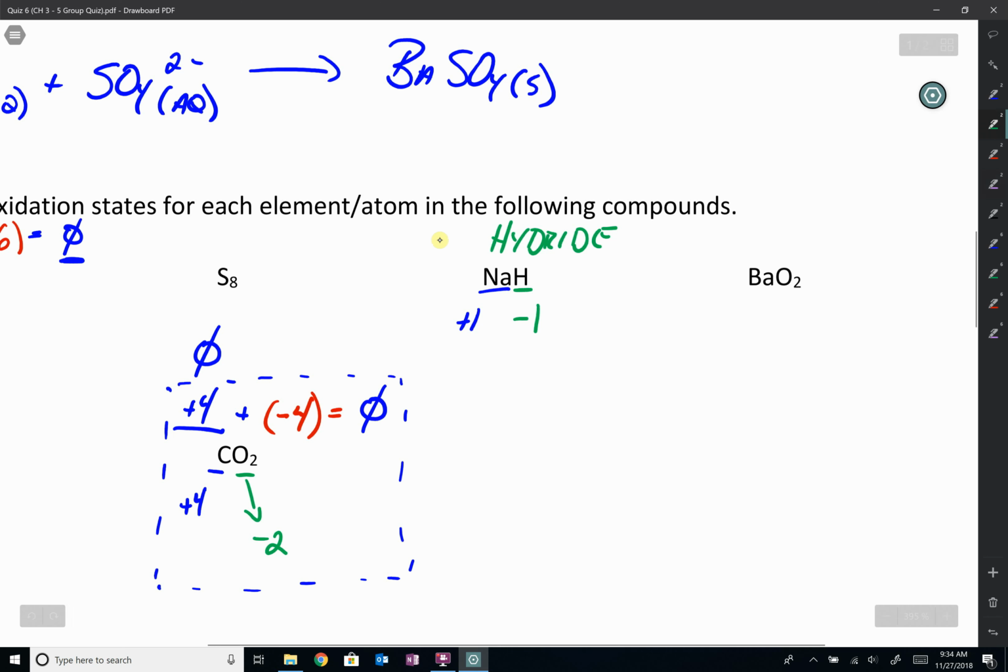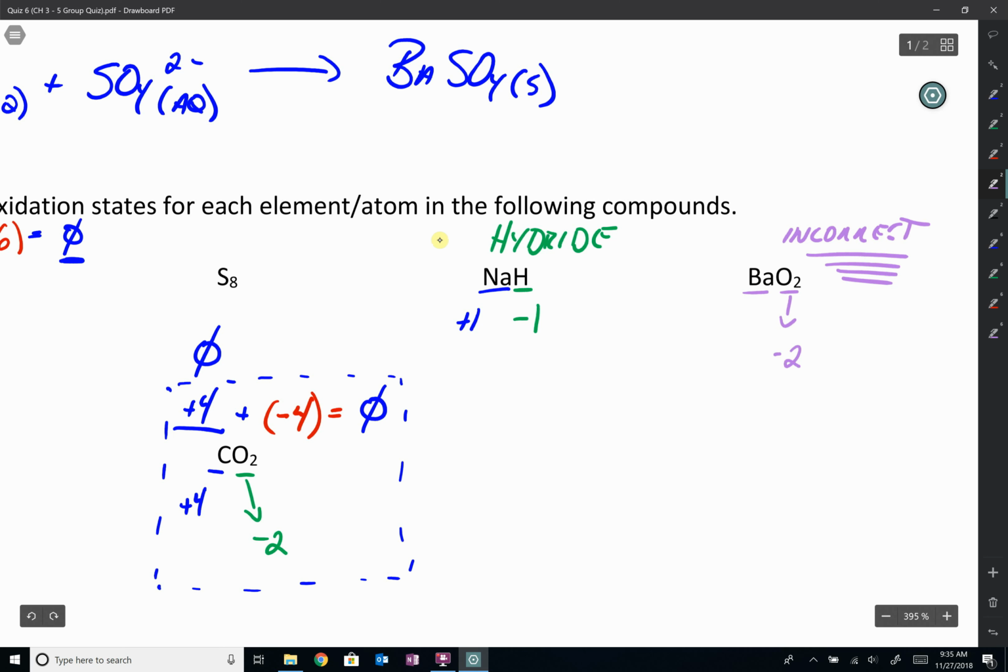All right, moving right along. Here's one that's an easy trick to fall for. Oxygen, we get so used to having oxygen as -2, we stop to think about it. So let's work through this incorrectly first. If we incorrectly assume that oxygen is -2,